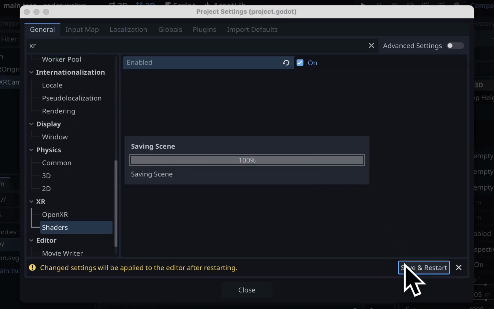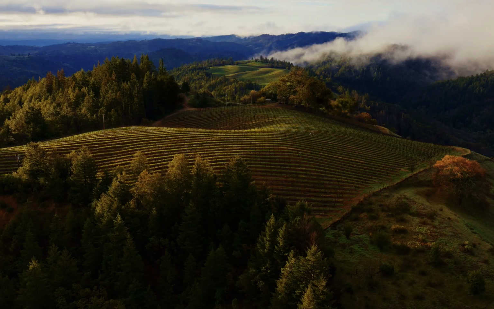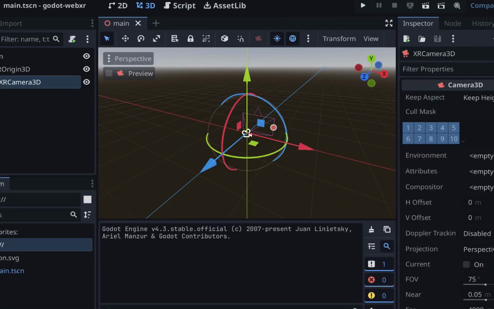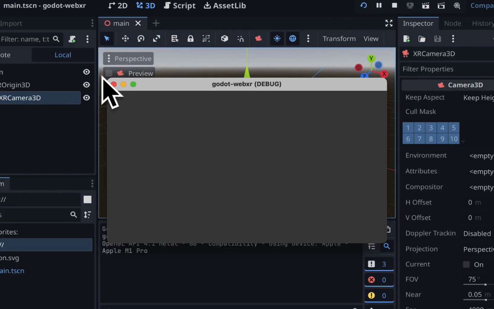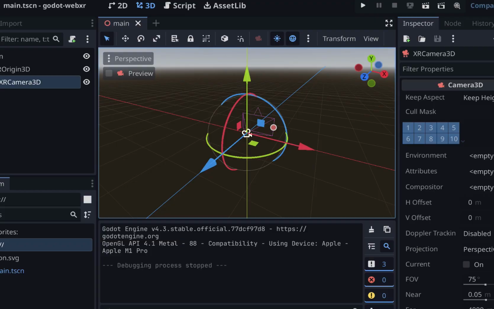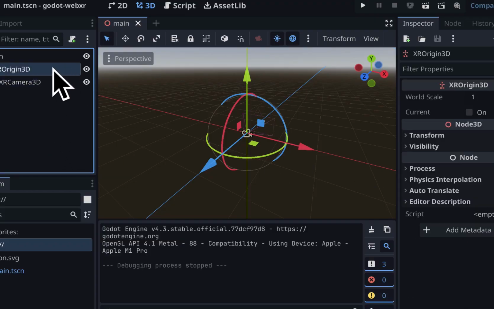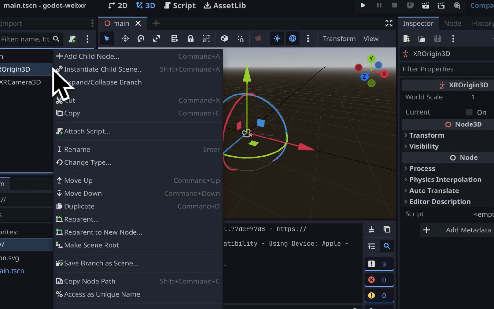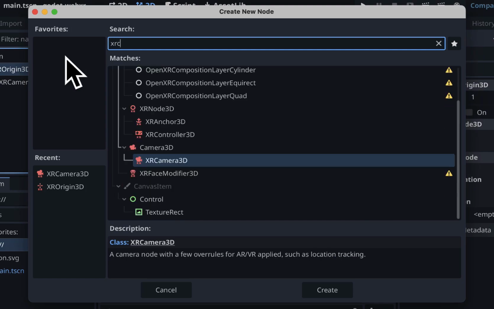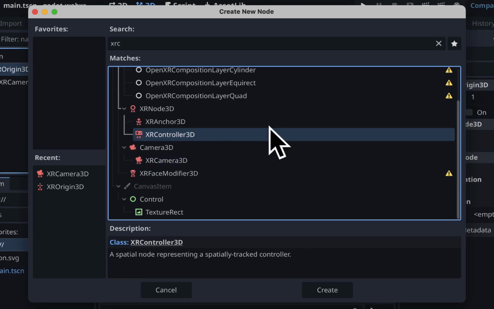We have to press save and restart because we must relaunch the Godot engine if we made a change to project settings. Awesome. So now we have the XR origin, we have the camera, but the play still looks the same. We're also going to add our controllers. So I'm going to right-click on the XR Origin 3D, add a child node of XR Controller,